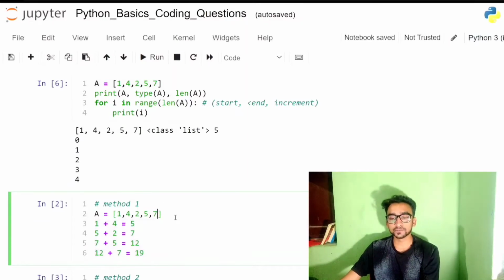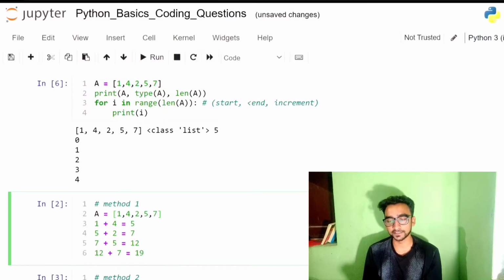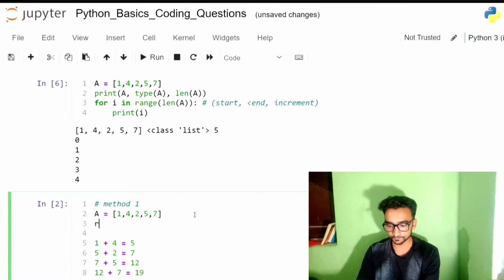But suppose the numbers increase, suppose 7 is not there, 8 is there, and it is coming dynamically from the user. You don't know what the size of the array will be, then without programming you won't be able to do it. Okay, so how will you do it with the help of programming? In the same manner as you thought. Firstly you will take the first 2 variables and add them up, right? So what we'll do here is